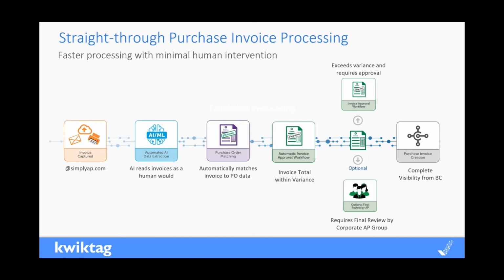So with SimplyAP, from the very start of the process, we're going to be able to receive those invoices. You're going to have a mailbox, an email address that you'll be able to forward those invoices to. Our automated machine learning AI capability is going to extract those invoices. We're going to retrieve the purchase order invoices from Business Central along with all the receipts. So if those items have been received in Business Central, we're going to match all that data, based on a tolerance level that you configure in the product.